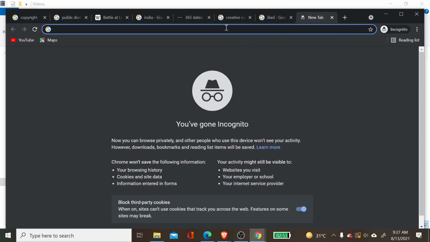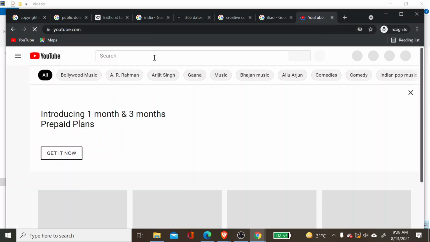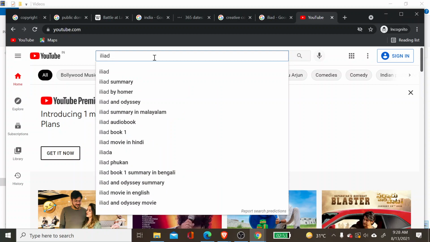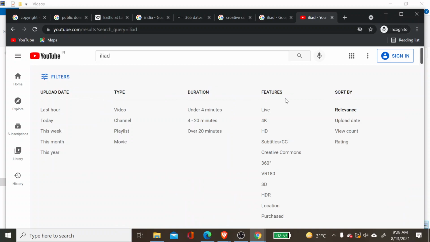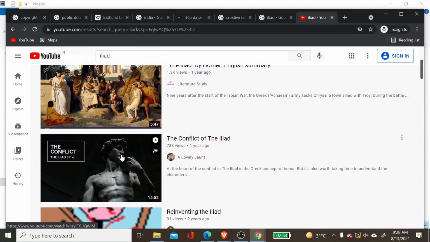Similarly, if you are searching for any video on YouTube, you can also apply a filter. Like if you want to use some video which is under Creative Commons license, how to find that? Just type the topic, and you will find this button, filter button. Click on this filter button, and here you will find this Creative Commons. If you click on this, then only those videos will appear here which are under Creative Commons licenses,